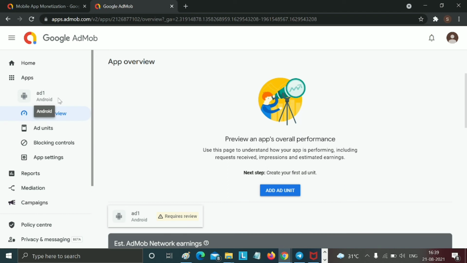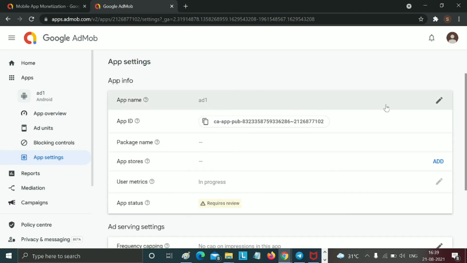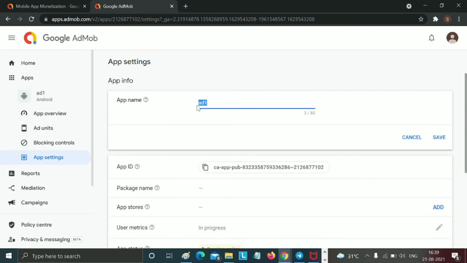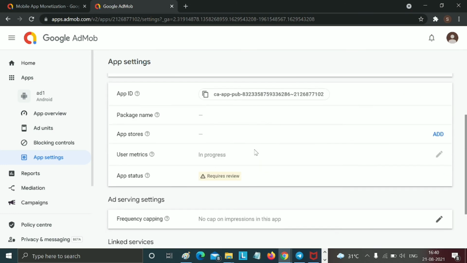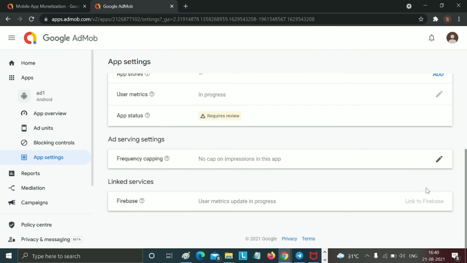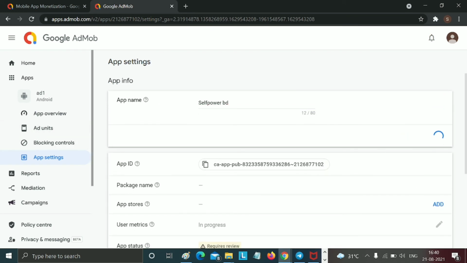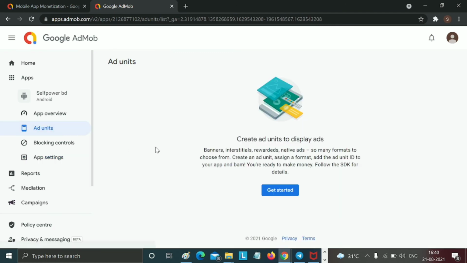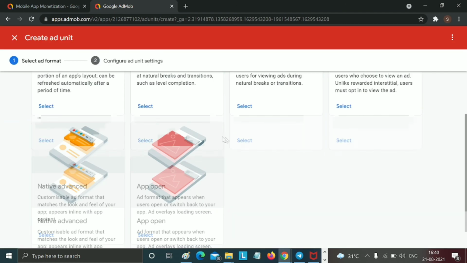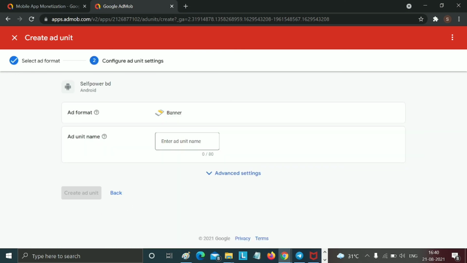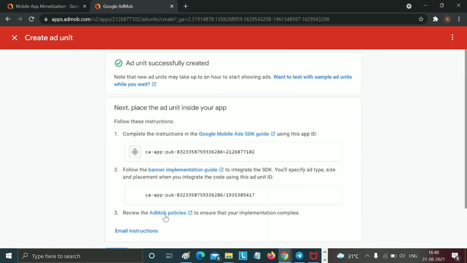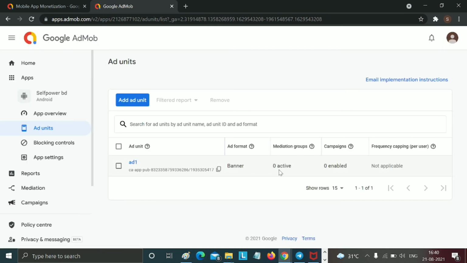If you want to change your application name, you need to go to app settings. Click on this, and you can change it according to your application name. If you want to change like this, I want to change like this, and the app status is, you can see this. Just click on save. Now you can check that your AdMob app name is changed. Again click on, you can see this type of ad. Click on any one ad and add the ad unit name. Just I add one. Just click on next, and you can see the application ad ID and ad ID, okay?